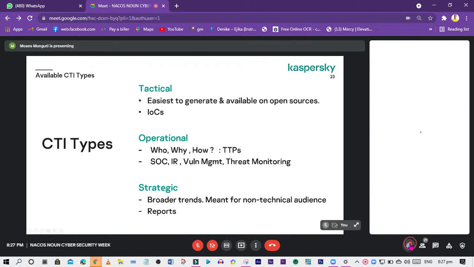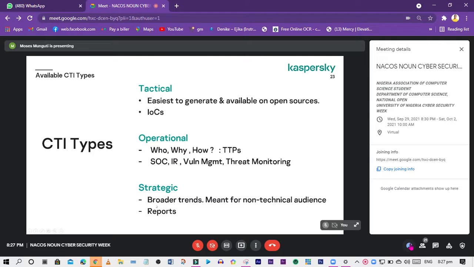And so here, strategic, it's more of a report. The report will have a summary that will inform you in terms of the overall trends, the reason for the trends, the reason for the specific actors that are being involved in that particular campaign. And then based on this, it will be able to easily inform the business in terms of being able to make different decisions. So in summary, tactical, operational, strategic